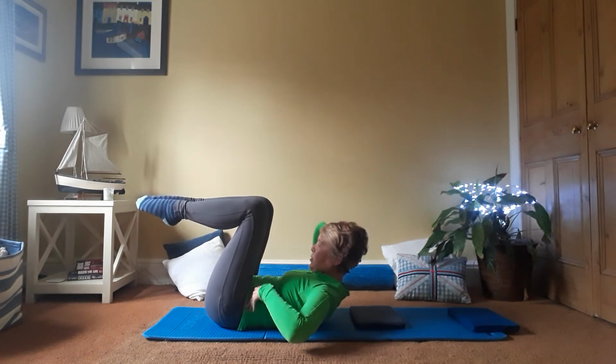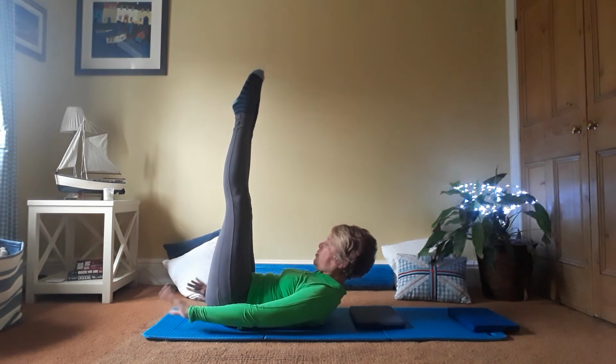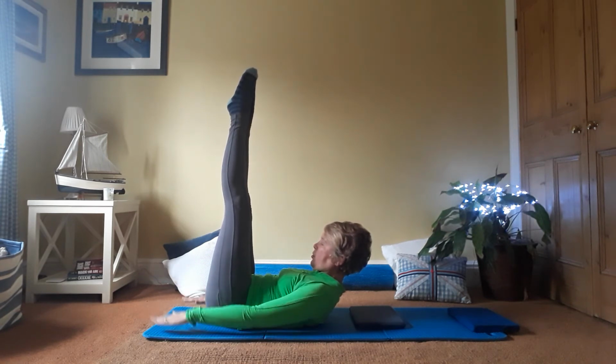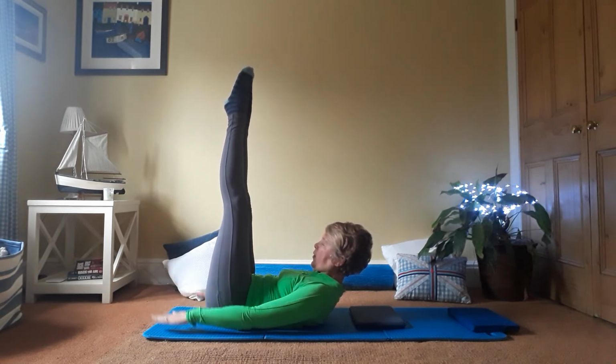Think ribs to hips, arms, straighten your legs up, turn out, arms into the 100 position, and really reach through those fingertips, and breathe in, 2, 3, 4, 5, out, 2, 3, 4, 5, in, 2, 3, 4, 5, out,